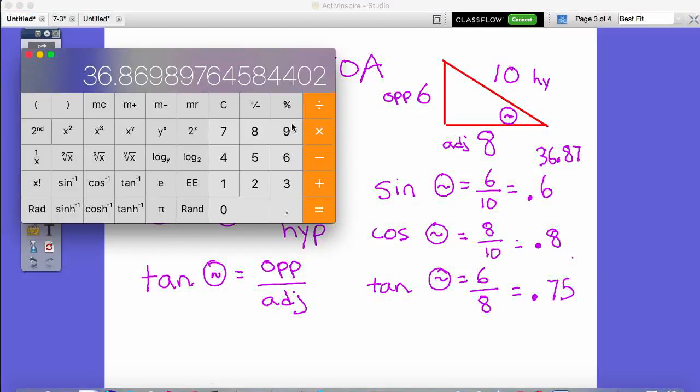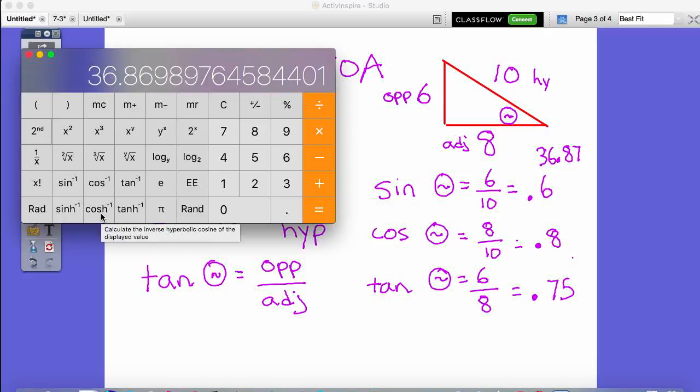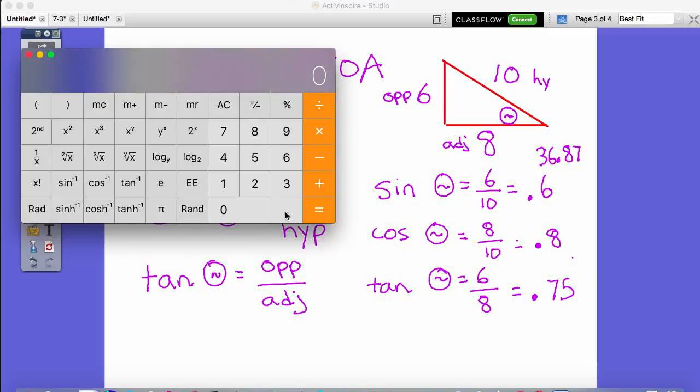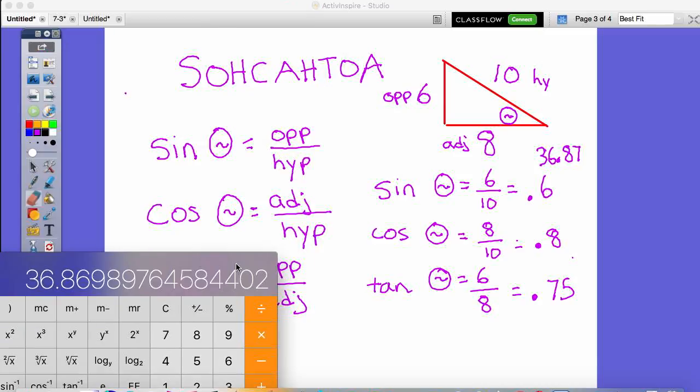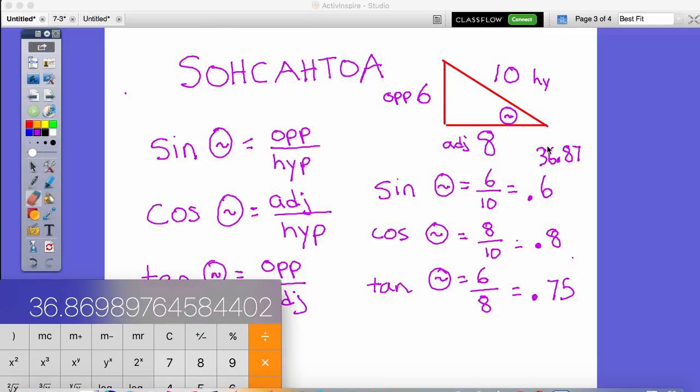Going to my cosine ratio, 0.8, I'm on the second. Inverse cosine, 36.87 it rounds to. And then for my tangent, 0.75, I'm on the second, so I'm dealing with the inverse ratios, tangent. So once again, no matter which ratio I use, I'm going to find that this angle is 36.87